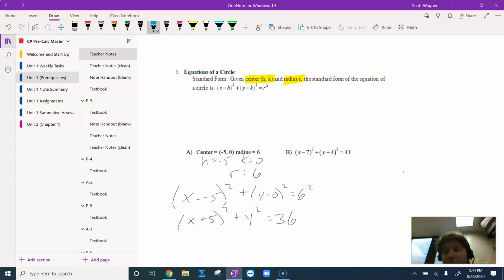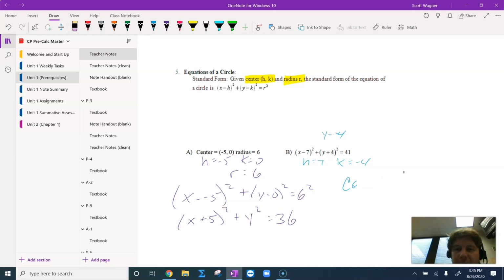All right, how about the other one? I give you the equation, and I want you to figure out the center and the radius. In this case, notice it's x minus 7, so that tells me the h value is 7. And over here, it's y plus 4. Well, plus is really minus a negative. So couldn't this be y minus negative 4, which is really y plus 4? Sure. So that means the k value has to be negative 4. So that tells me my center